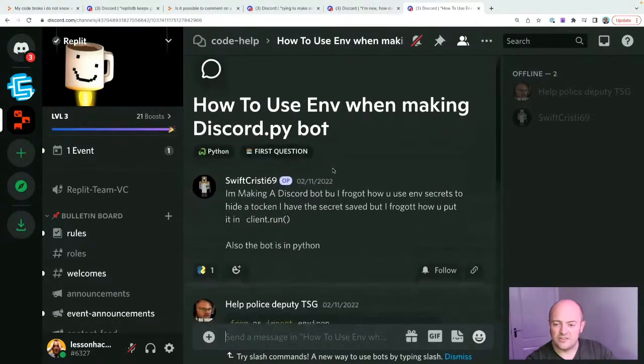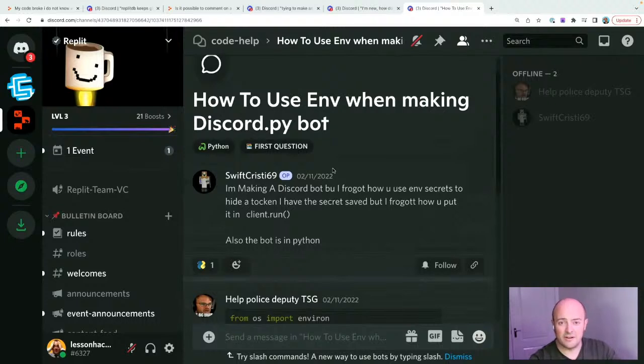But this question is interesting, because it's asking about using environment variables. Now, environment variables are something that we're looking at in 100 days of code, particularly secrets, and actually that will be released this week. We look at environmental variables and secrets on day 70. That should be, fingers crossed, released on Friday. Remember, Friday is our day for releasing content for 100 days of code. So this is quite a timely question, and it's one of the reasons why I wanted to have a look at it. In fact, in Replit, all the environmental variables are very, very easy to bring in.